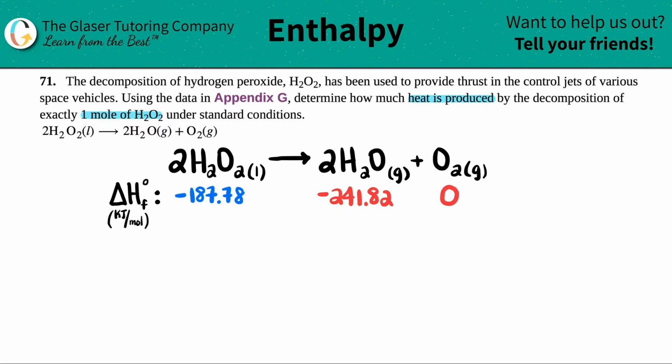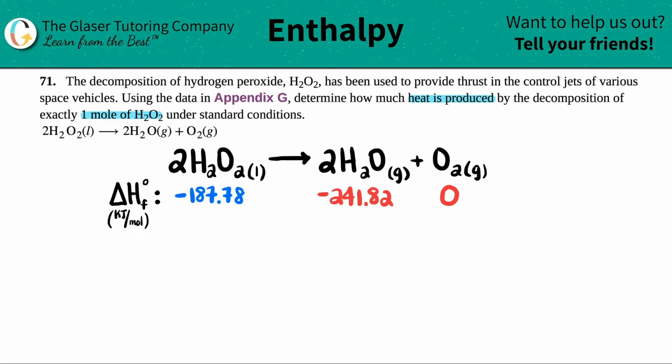So I also just want to say, be careful. When I was looking in Appendix G, there are H2O gas values, and then there are H2O liquid values, which is a completely different number. So just make sure that you match up the states. This is one of the only times, or a couple of times, in which states actually matter. All right? So I wrote down the balanced equation, and I see that it's balanced because they already gave me